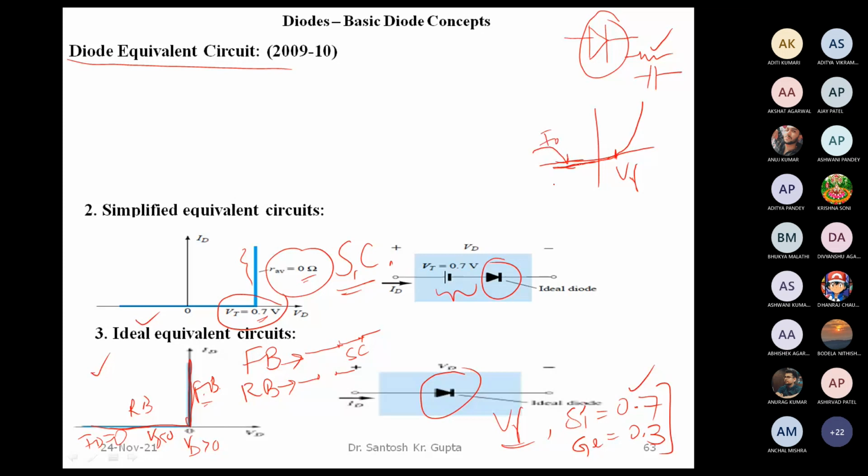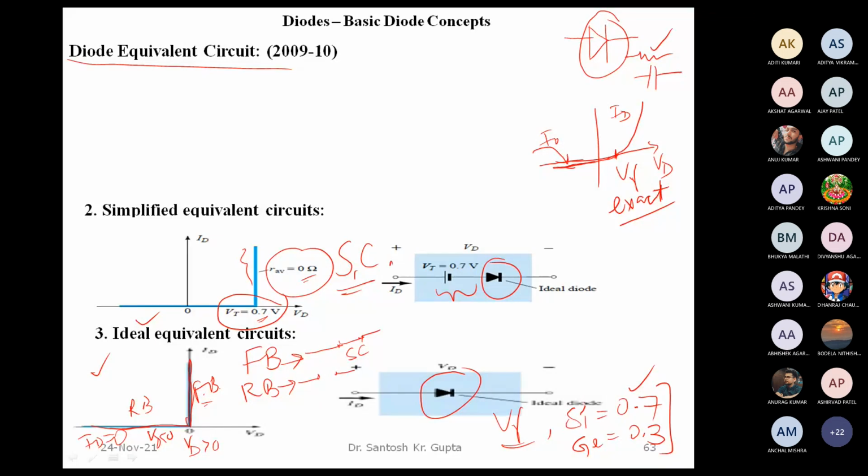So in this reverse bias, we see I naught flow. In the forward bias, ID flows, which grows exponentially with the applied voltage VD. So this is the exact case, but it is impractical to be used for hand calculations. So we are looking for a simple equivalent circuit which can be used for hand calculations, and for that we are looking at these different equivalent circuits.